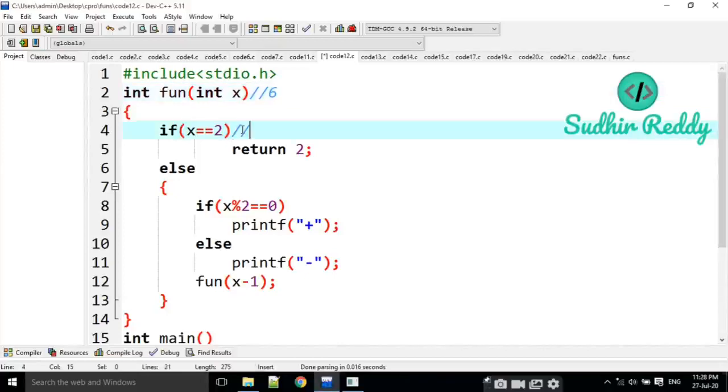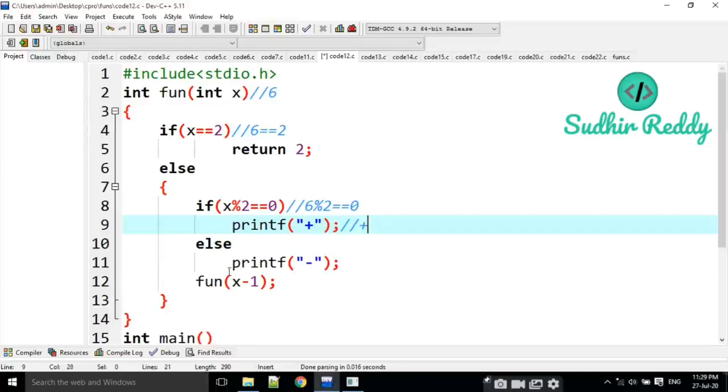Here I am checking, is 6 equal to 2? No, not at all. Then it is moving into the else part. I am dealing with 6. Is 6 exactly divisible by 2? Yes, it is true. Then it is going to print the plus symbol.